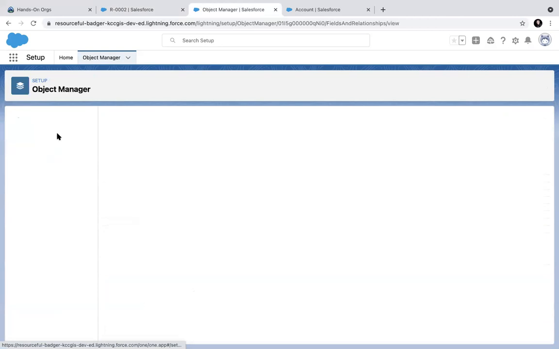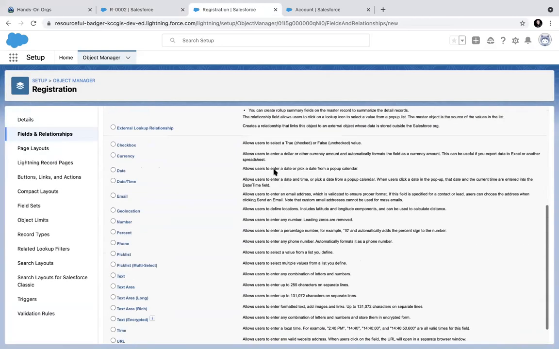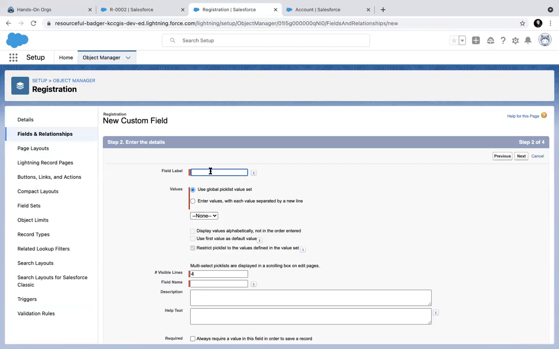How will it work if I select a multi-select pick list? In pick list, you can select only one value. Multi-select pick list is the same, only that it allows multiple values to be selected. So let's see payment methods.